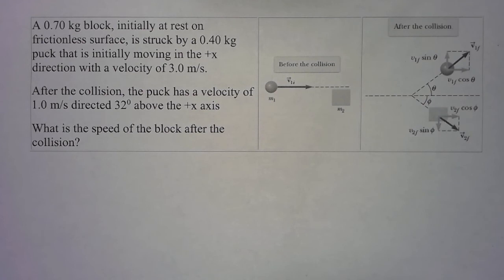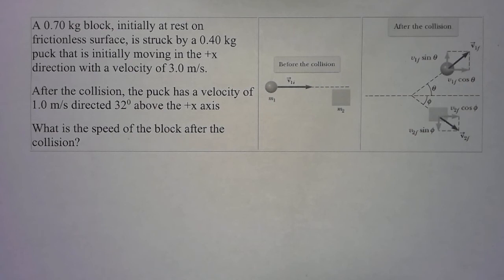Another conservation of momentum problem. This time it is in 2 dimensions. So this is a nice one to begin with because only one of the objects is moving at first. We see here we have a 0.7 kilogram block initially at rest on a frictionless surface. It's struck by a 0.4 kilogram puck that is initially moving in the positive x direction with a velocity of